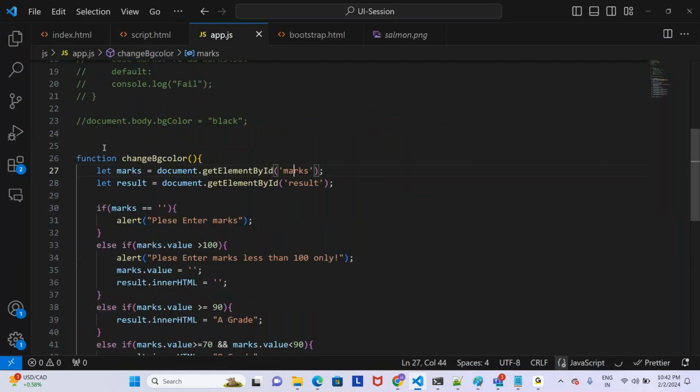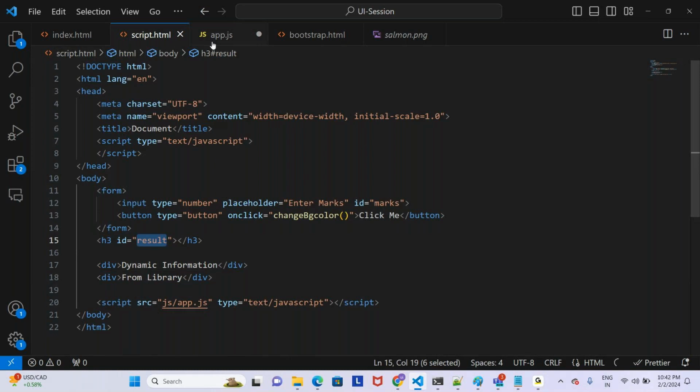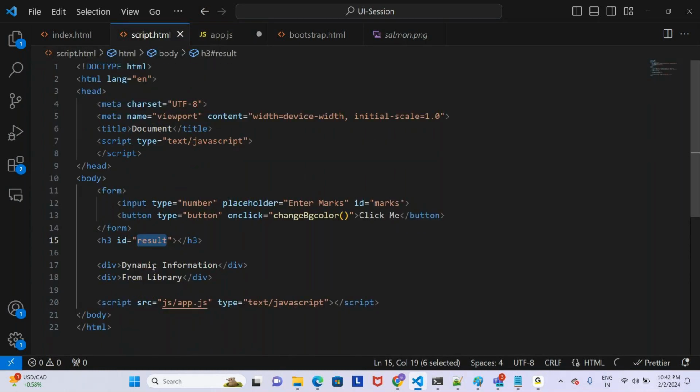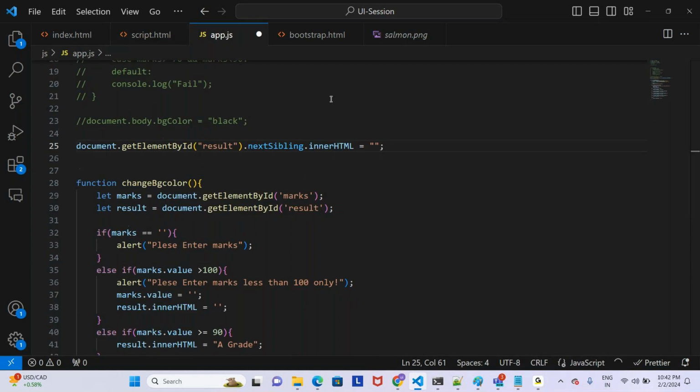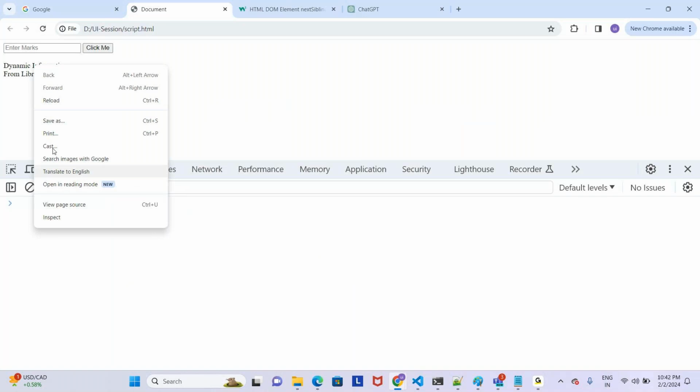So now what I'm going to do here is document get element by ID. First, what we have to get? We have to get that result. Result, and next sibling inner HTML equal to, instead of dynamic information, I'm going to change it to static information. And now let us see whether it works or not. It is not. Why? Because